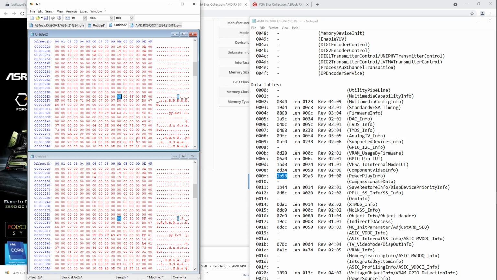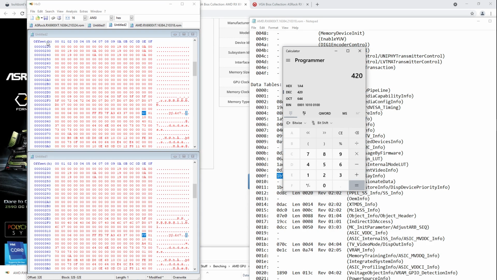But no, not find. F6. So there we have another difference. Whoa, these are really different. To my great surprise, I have no idea what most of it does. But anyway, here you can see my power limit adjustment, right? So if we look at Untitled 2, it's